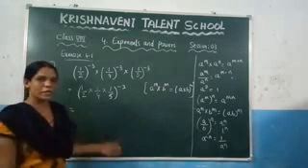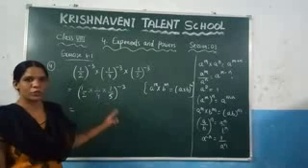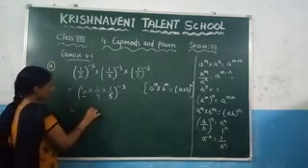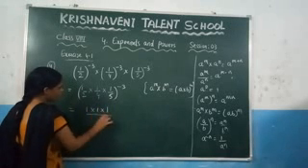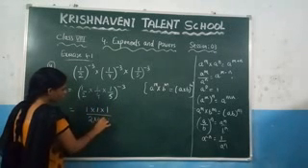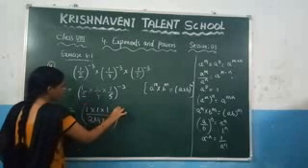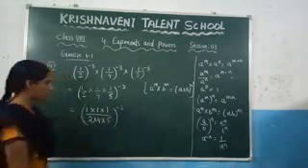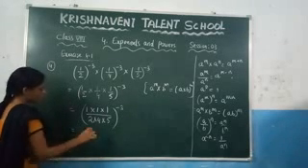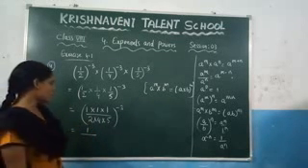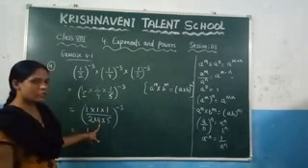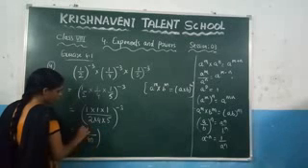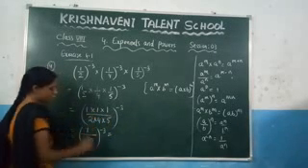Now you know how to multiply fractions. You just multiply the numerators and multiply the denominators. So what you get is 1 into 1 by 2 into 4 into 5, whole power minus 3. Here 1 into 1 is nothing but 1, so you will get 1 by. What is the value of this? 5 4s are 20, 2 20s are 40. So you will get (1/40)^-3.